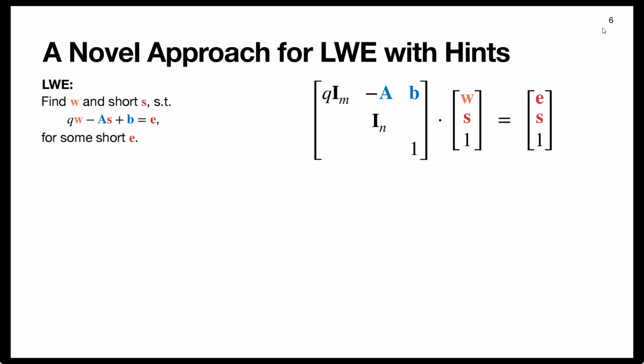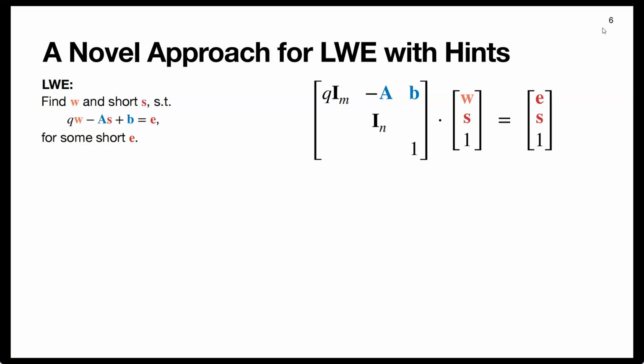And figuring out the second and third component of this vector is very easy. I mean, we get identity times S, 1 times 1, so we get S. Now by definition, E and S are short vectors, and 1 is a very small integer, so this will be quite a short vector. In fact, you can show that for typical parameters, it will likely be even the shortest vector in the lattice. So attacking LWE is basically just computing the shortest vector in the generated lattice.